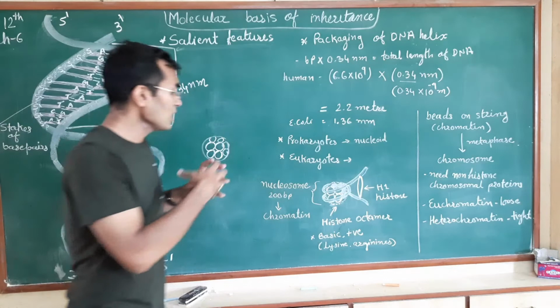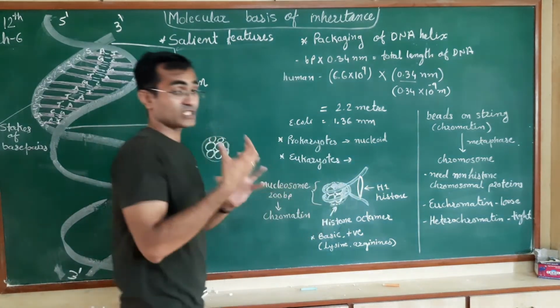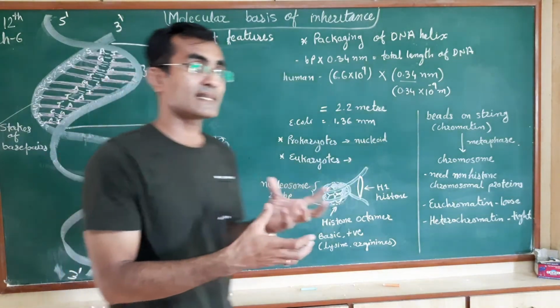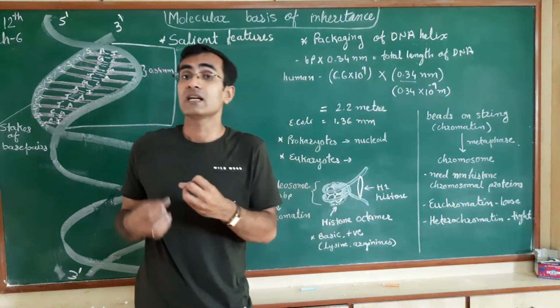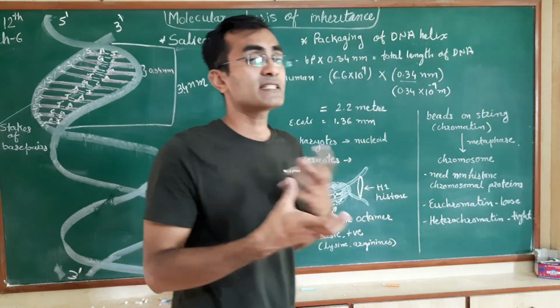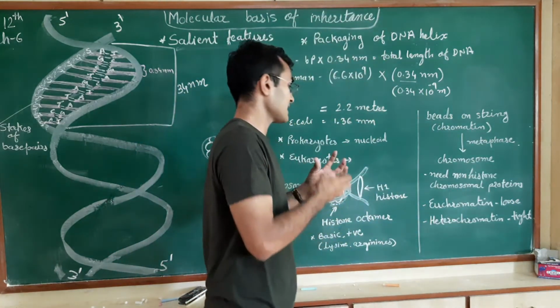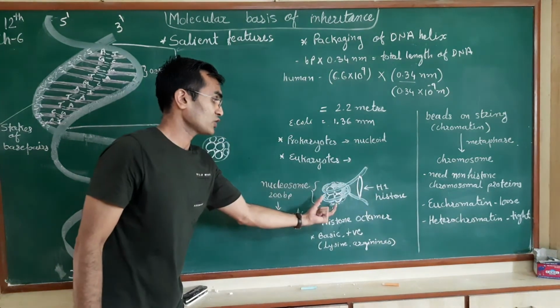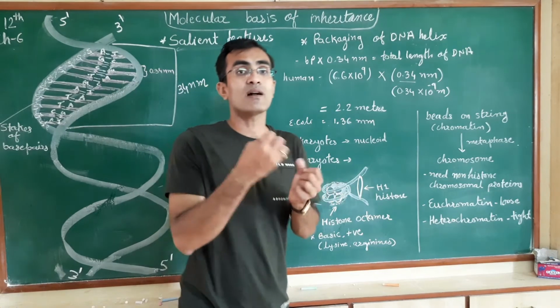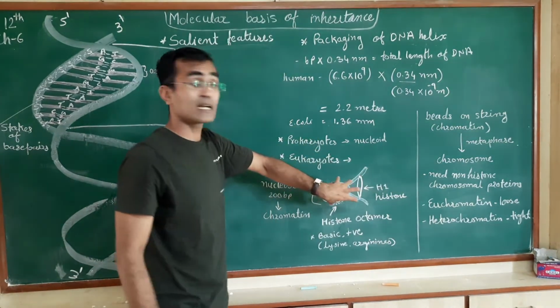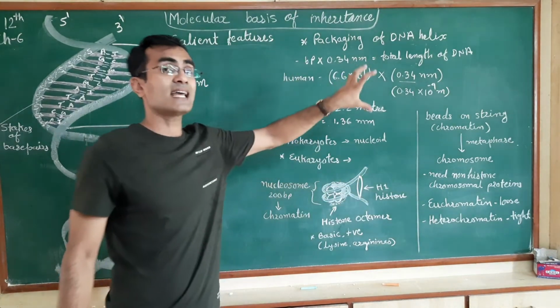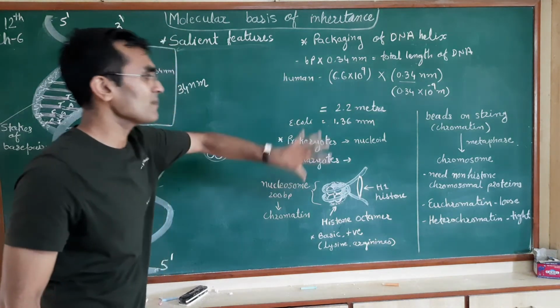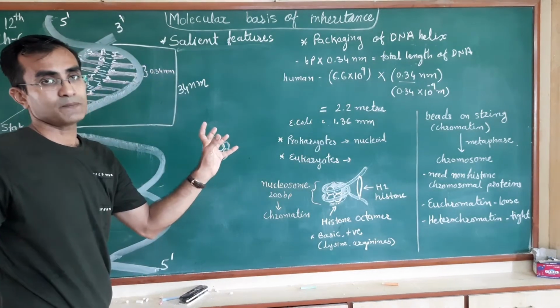Okay, now this type of structure, when it is made inside the cell, will start appearing if we stain it. If we stain the nucleus or the cell with a particular dye, then what will happen? This histone protein will absorb the dye and will appear like a bead. So in this cell, this structure is termed the beads on a string structure.